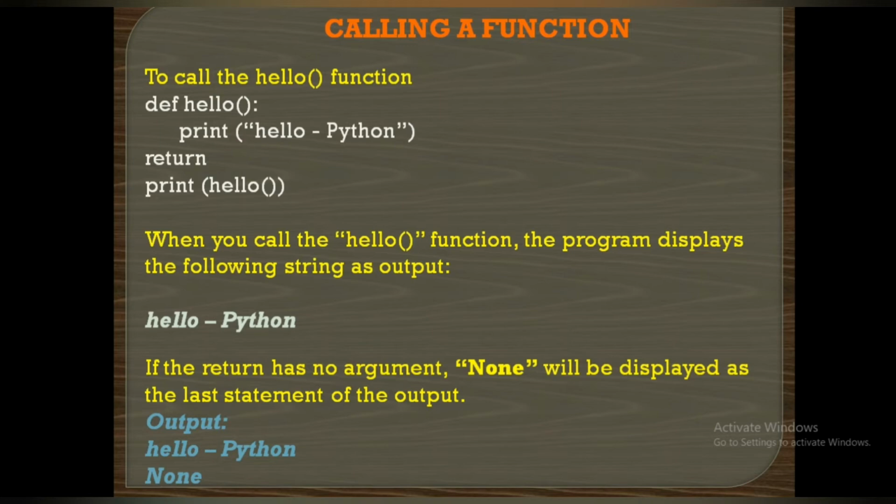Okay, and then see the next line, print hello. Here the fourth line, that is after this return statement, print. This print statement is the main program statement. Okay, so this is a main programming statement. How can we identify this is a user defined function and this is the main program code?